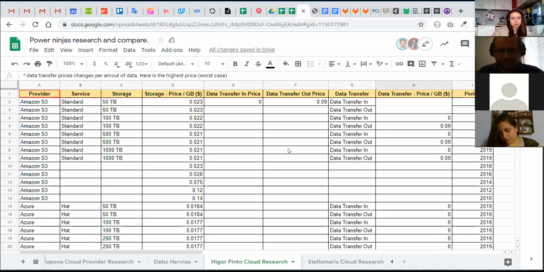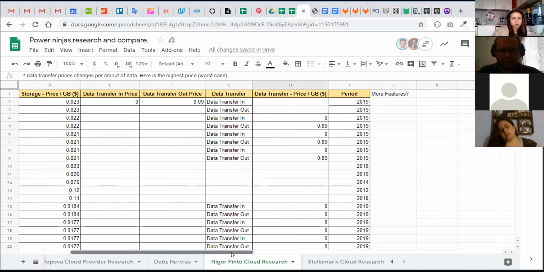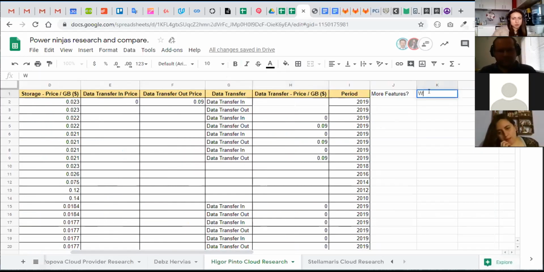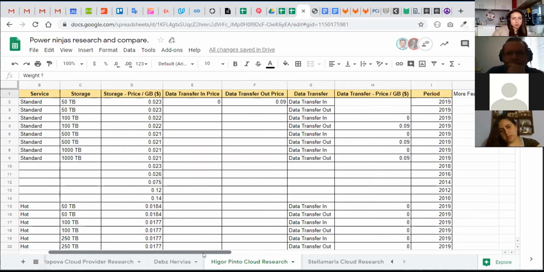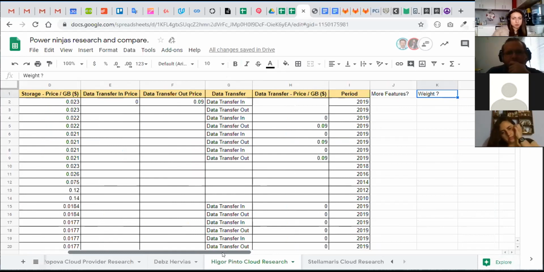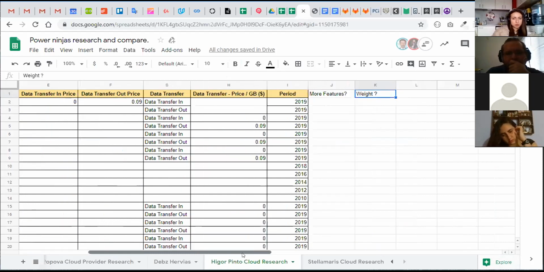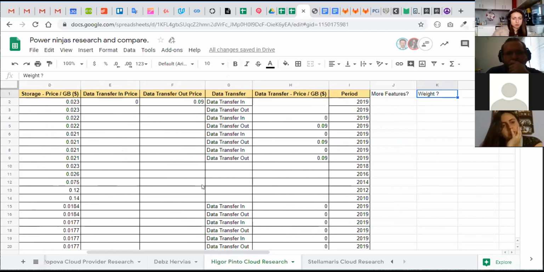Now, if you wanted to come up with an overall price, you'd need some way to weight the different prices to come up with an overall weighted price. You need something to say, this kind of user is going to use 50 gigabytes of storage, this amount of out traffic, this number of operations. They would be paying this amount per month, because that would allow you to actually compare providers. Imagine I'm this kind of user with these needs. What would happen?